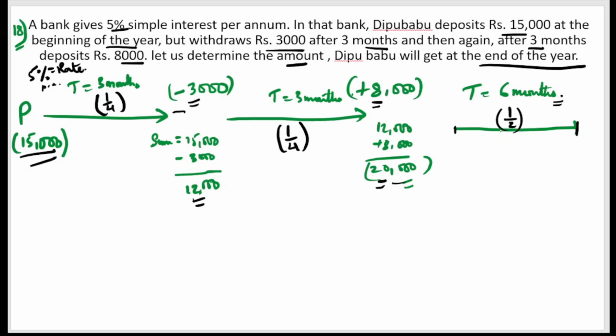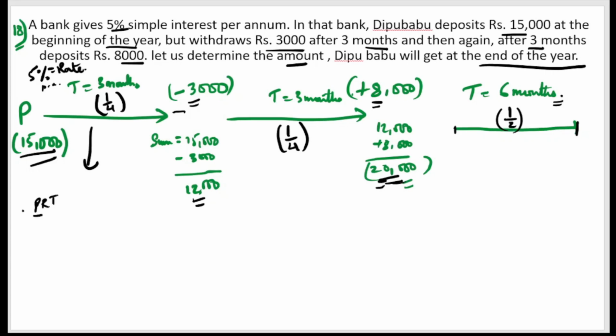So you have to find what is the amount, that is principal, at the end of the year. So this will be the principal and you have to find out the interest. So 15,000 ब्याङ्कमा 3 महिनाको लागि छ. What will be the interest? Interest त यहाँ आउँछ, ओके, यो 15,000 मा. So that interest will be